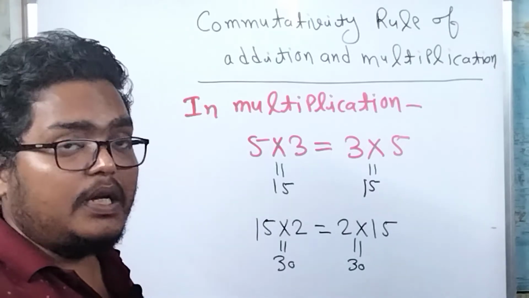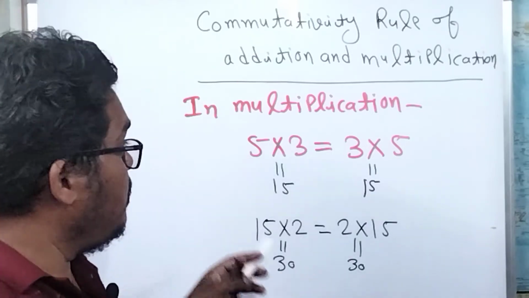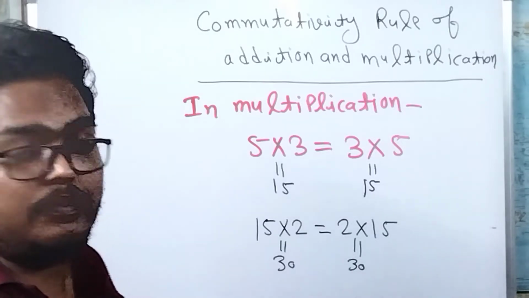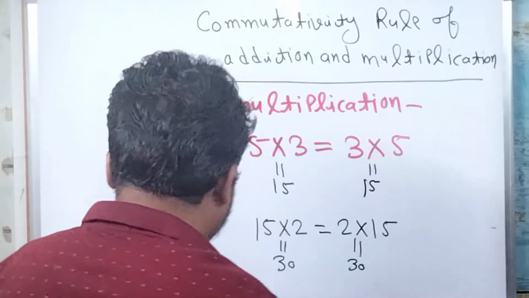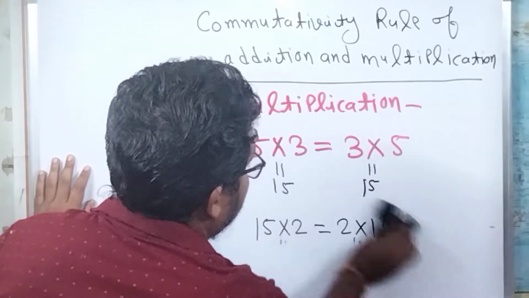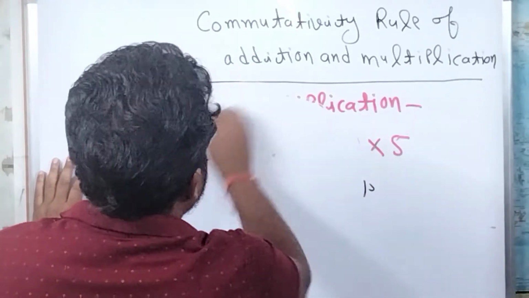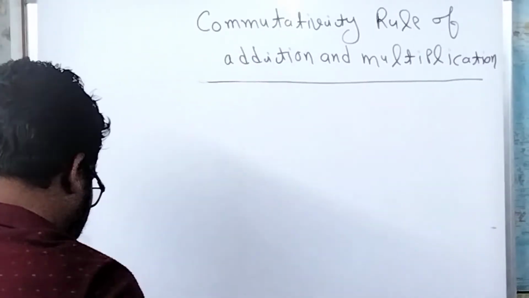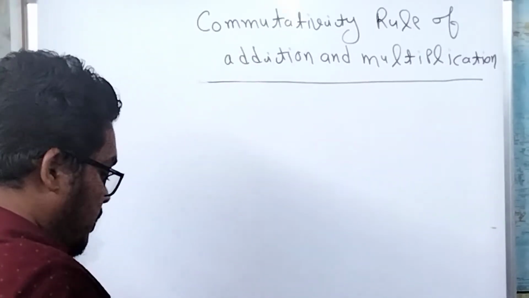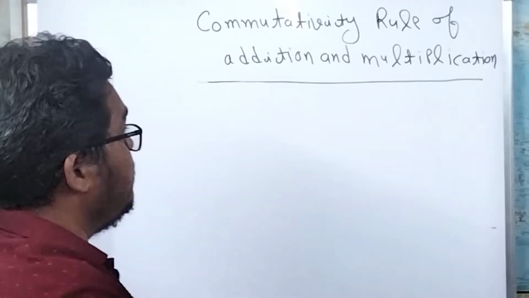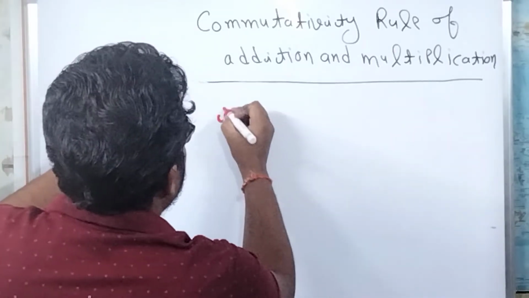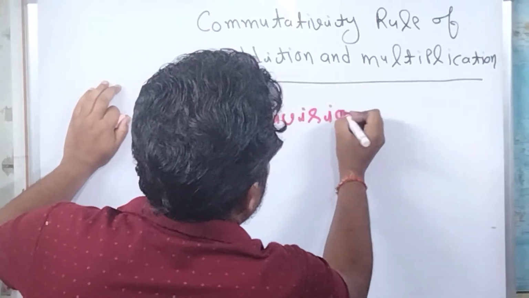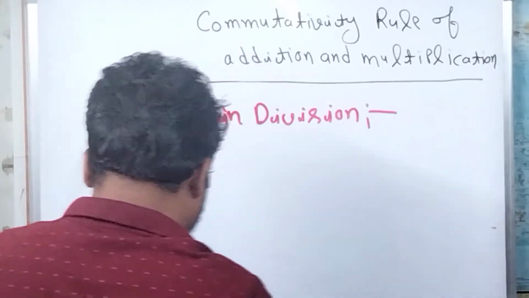But we also see that the commutativity rule of division is not followed. Why is it not followed? Here we see some examples. In division,